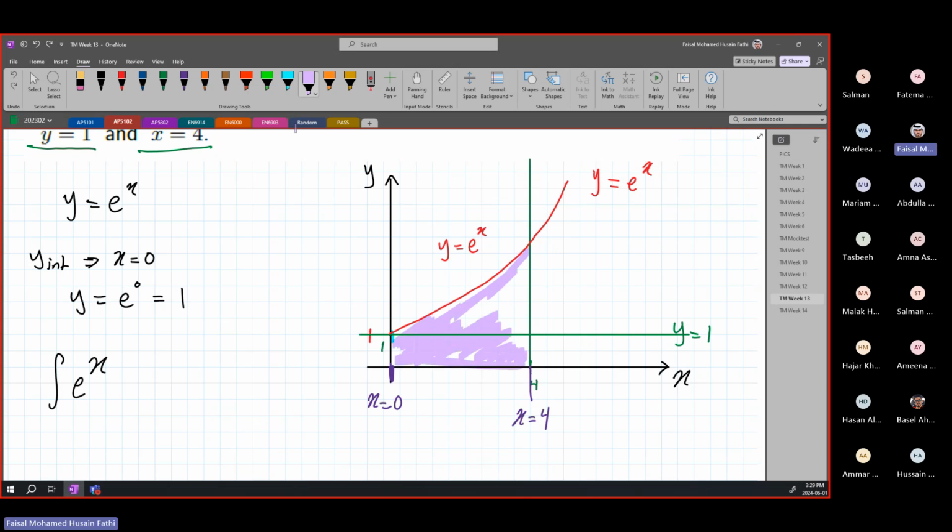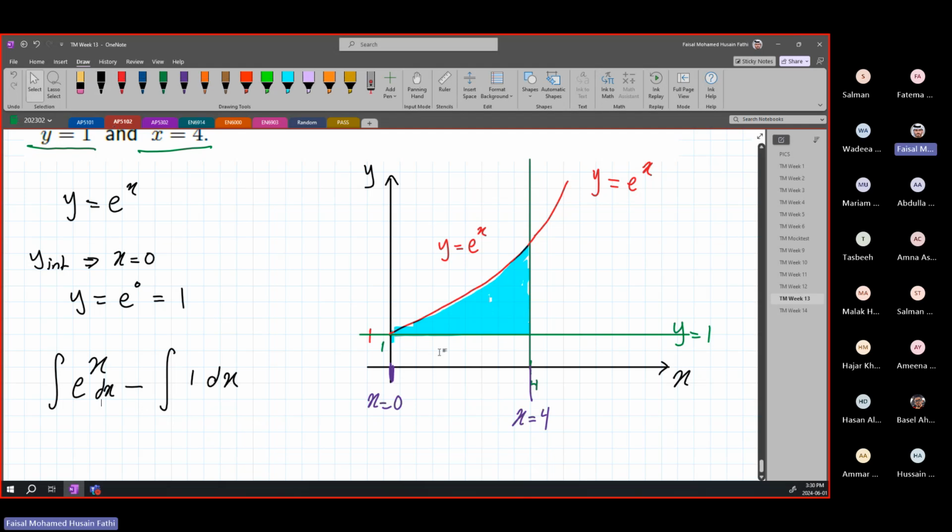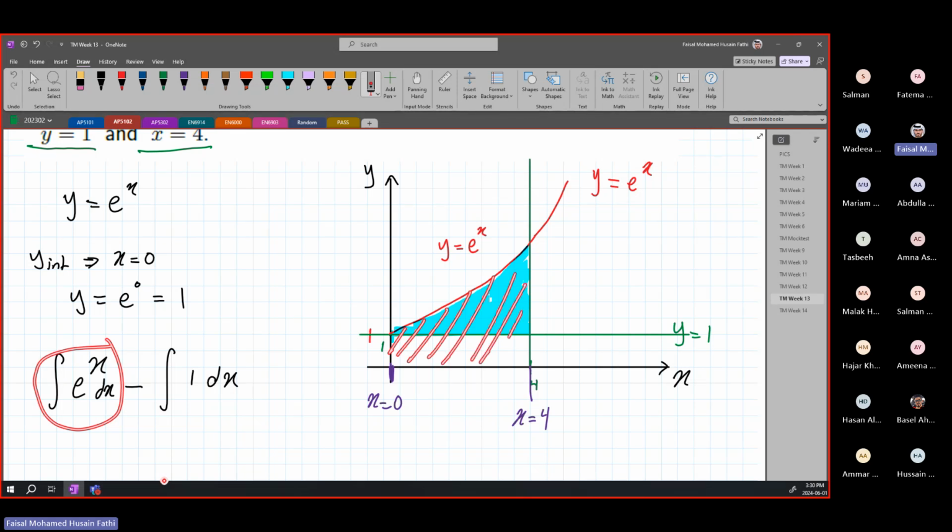It's going to be all the way to the x-axis, but we don't want that. We don't want this purple area. We want the area only up to y is equal to 1. We only want where y is equal to 1. So we are going to subtract the integration of when y is equal to 1 dx. Again, if we did this equation by itself, e power x dx, we are integrating this entire area all the way to the x-axis. But we don't want this part.